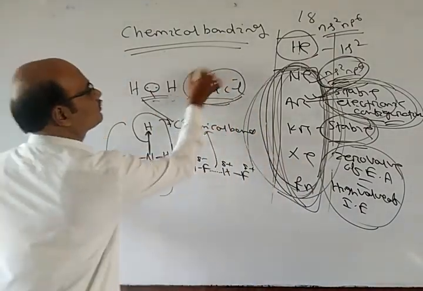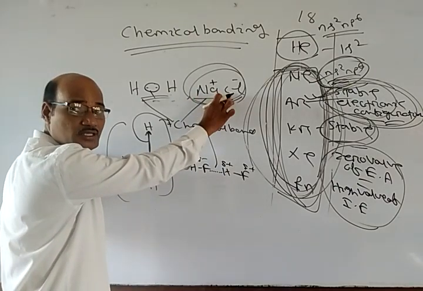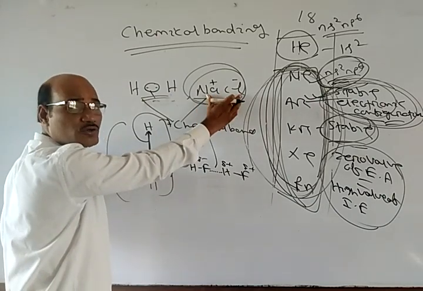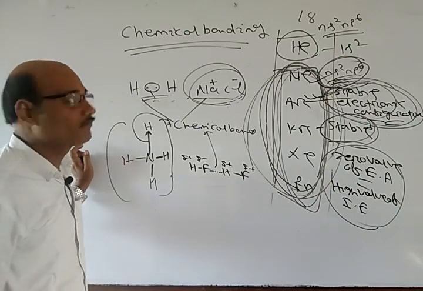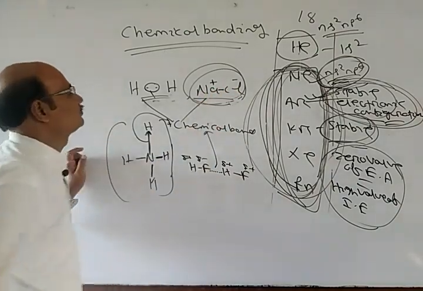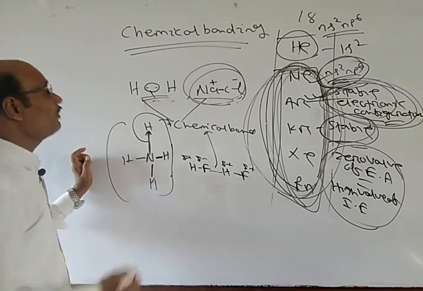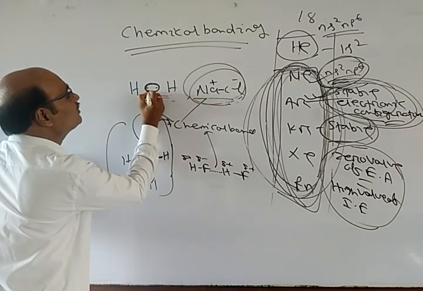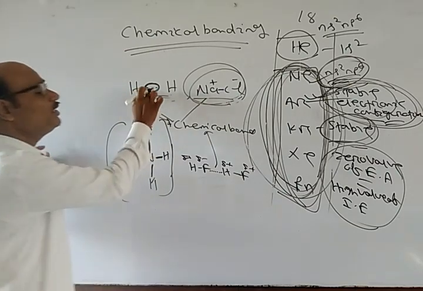And this binding force may be between ion and ion. This is your force between ion and ion. It's a chemical bond, and because the force is between the ions, it's called what? Ionic bond. Or this is the electrostatic force of attraction. Similarly, there are forces between atoms. See, this is the electron pair, and this electron pair is shared by these two atoms. So this is called what? A covalent bond.